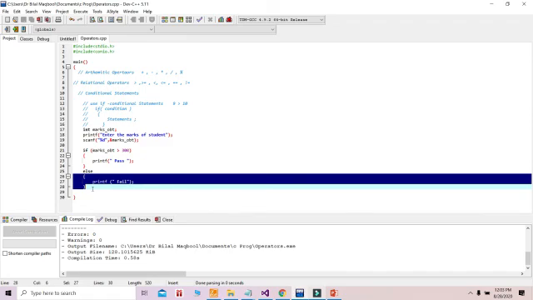But you should remember that these two blocks will not get executed simultaneously. Either one block will get executed or the other block will get executed. That means at a single instance of time only one block will get executed. Hope that you understand the concept of if else. In the next lecture we are going to continue with